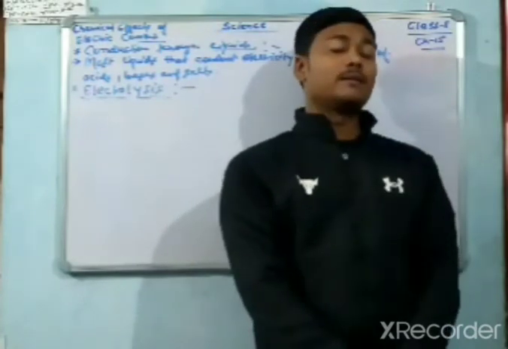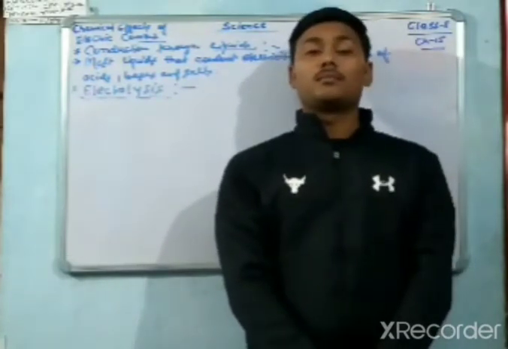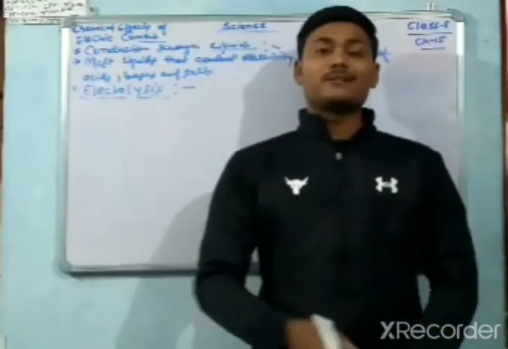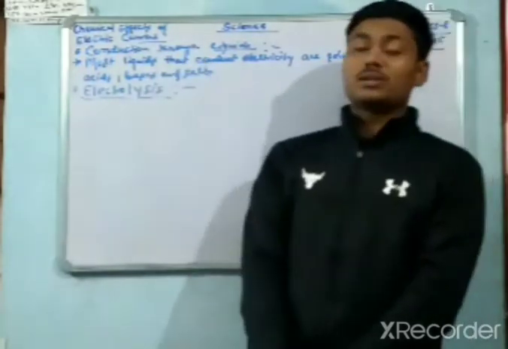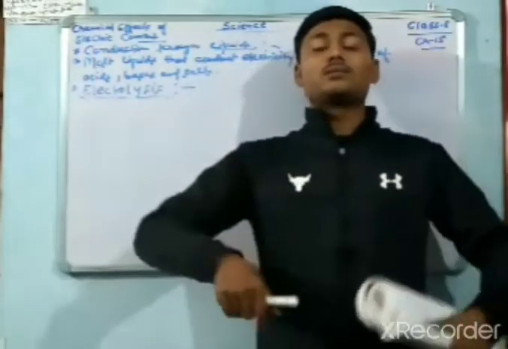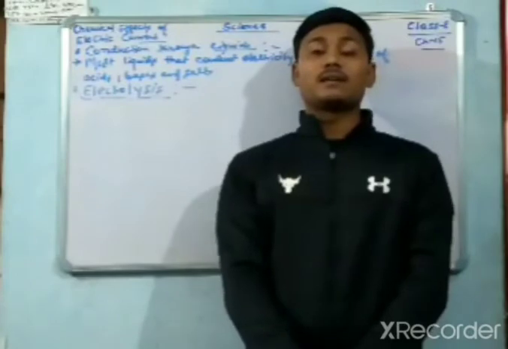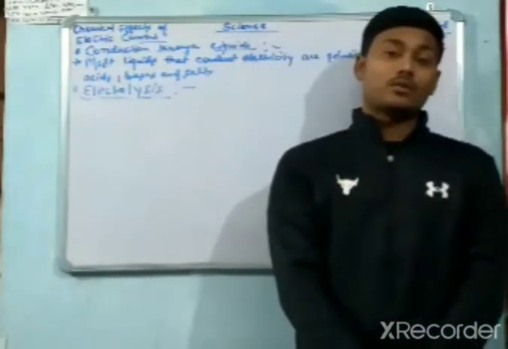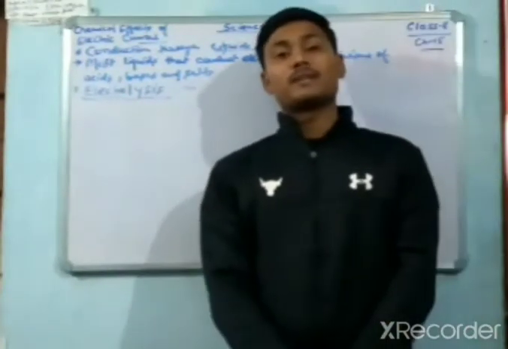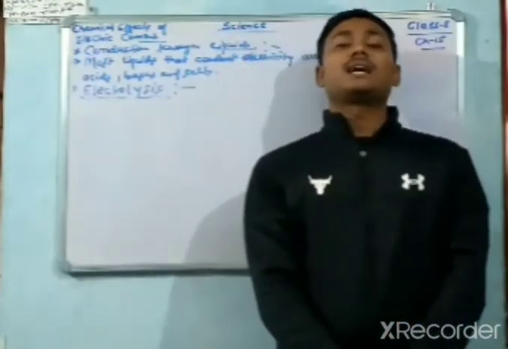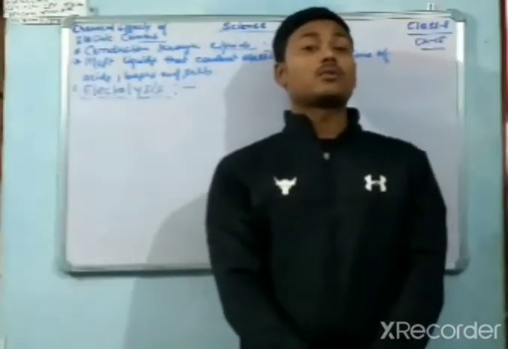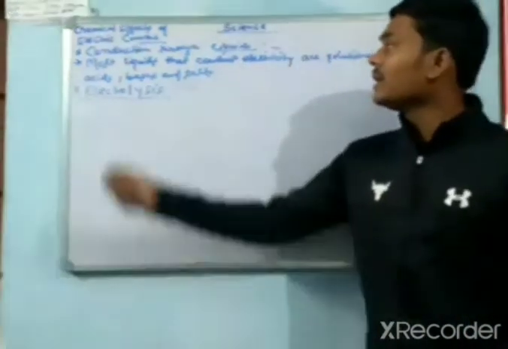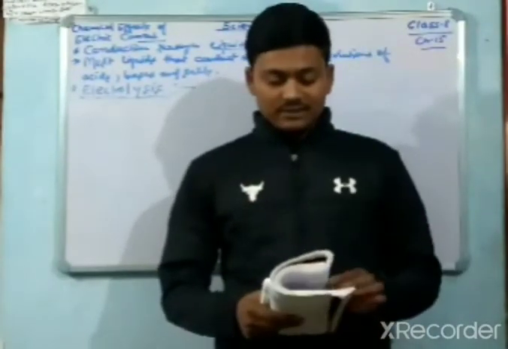So what will happen? When you put some acid or base in water, whatever acidic or basic solutions are there, they are good conductors. Then when you pass electric current through water, which is the combined form of hydrogen and oxygen, it splits into two forms and you get hydrogen and oxygen. To separate hydrogen and oxygen from H2O, we use this process, and this process is said to be electrolysis.